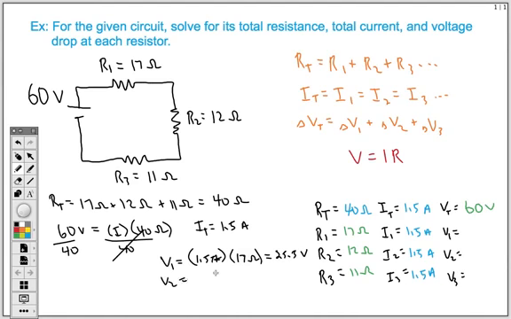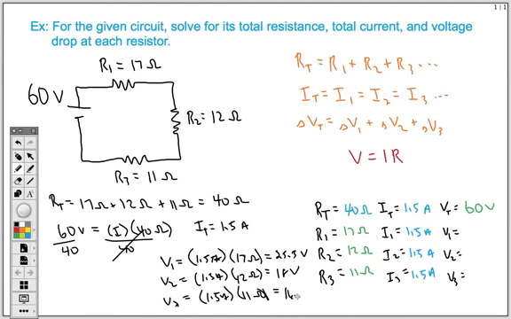Now for our second voltage drop, it's still the same, 1.5 amps, multiplied now by our 12 ohms, and that's going to give us a voltage drop of 18 volts. And then our third one here is going to be 1.5 amps times our 11 ohm resistor, which gives us